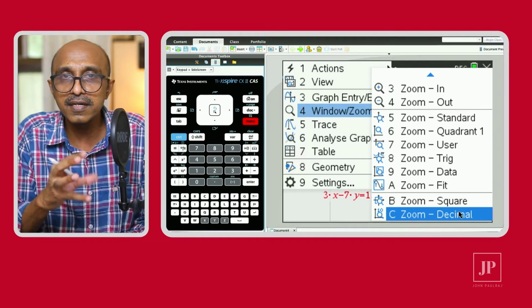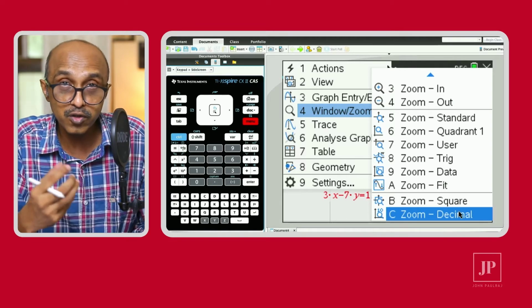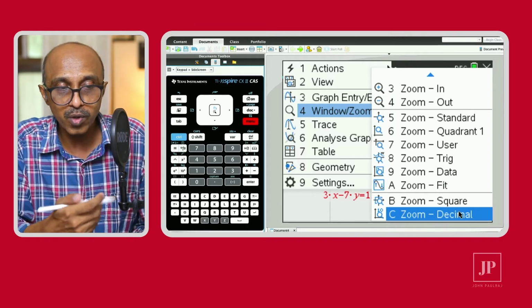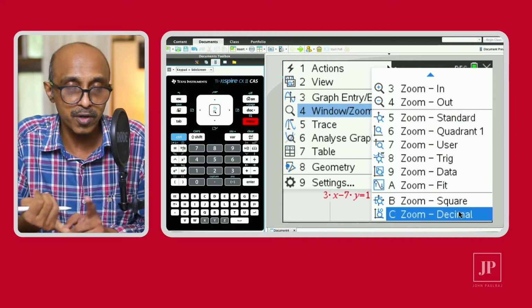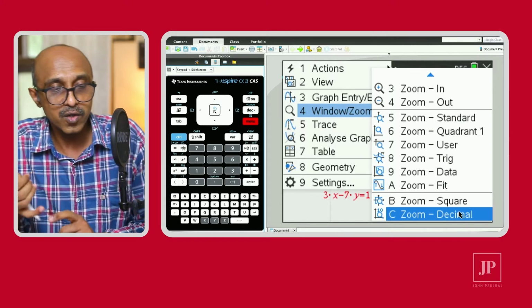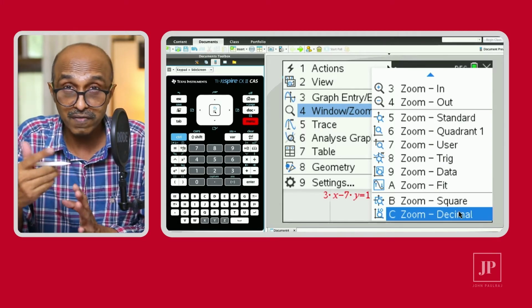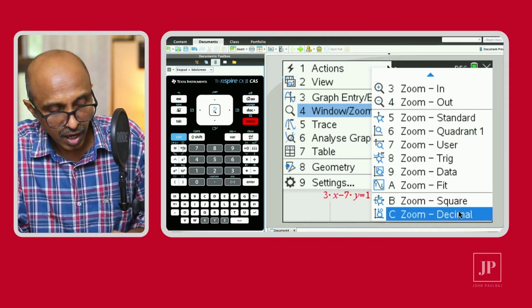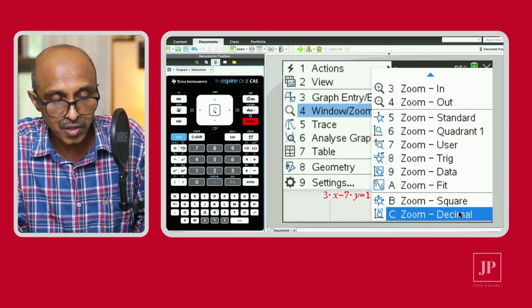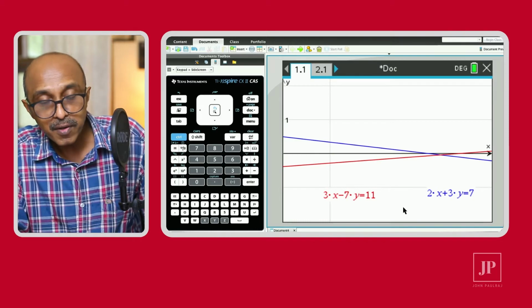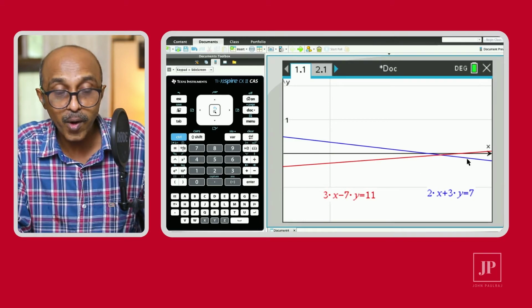Basically, you need to make the graph friendly for you to be able to use, whatever you're trying to find out, whether you're trying to find the point of intersection, or the coordinates of the maxima, minima, whatever the question requires, okay? So I just showed you how to zoom into a particular feature. The next thing we're going to take a look at is how to find the coordinates of the point of